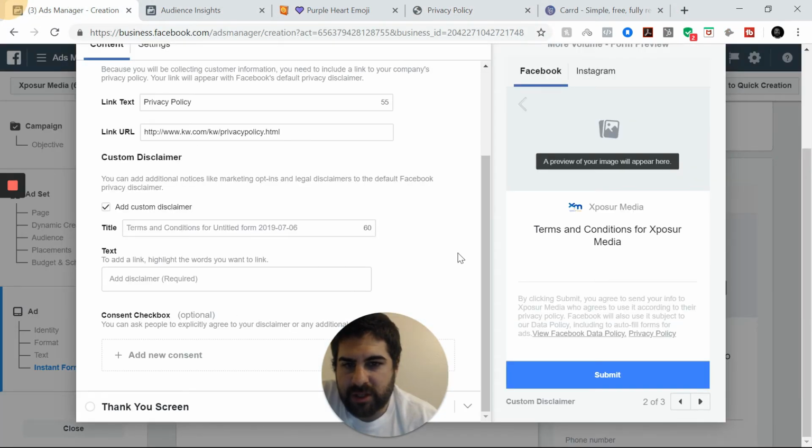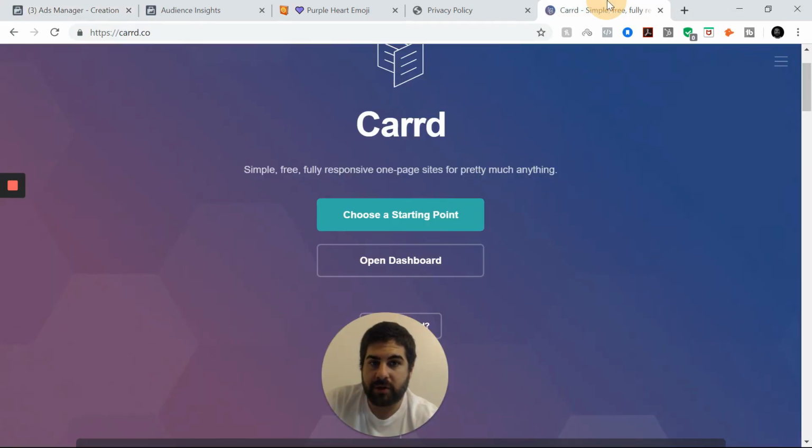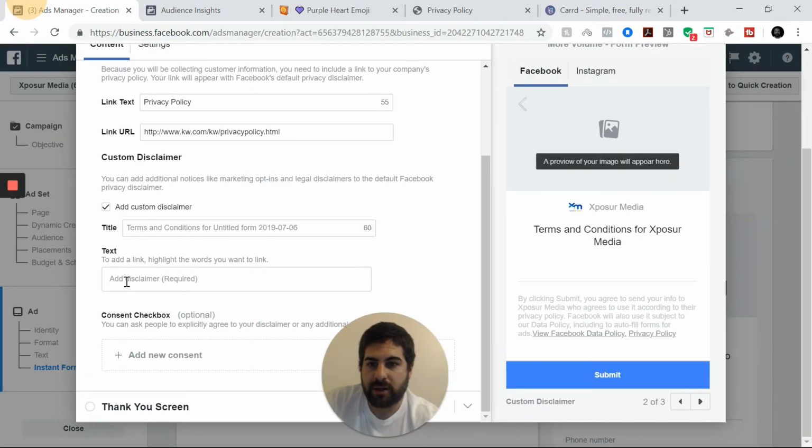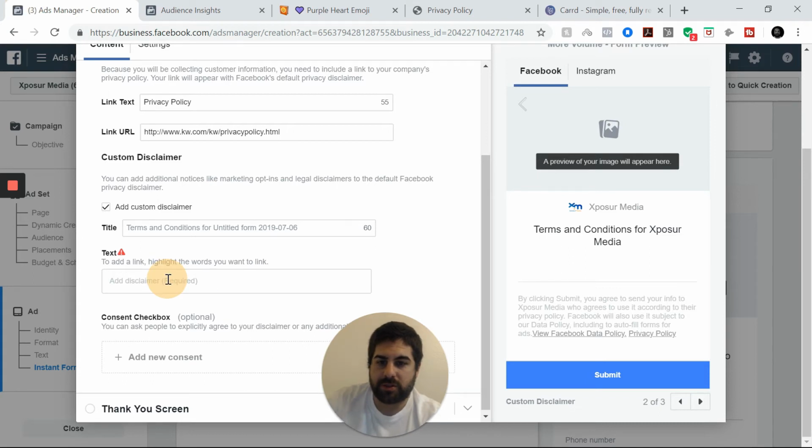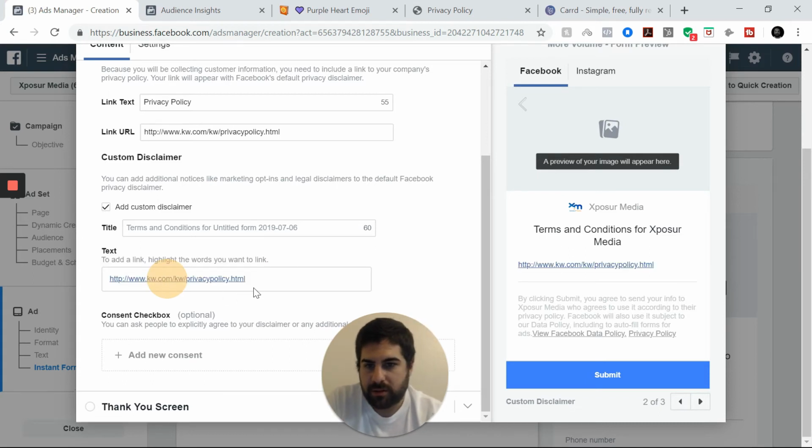A custom disclaimer is used in certain situations, 100% when you're running anything that has to do with credit. Say, for instance, you're offering a certain payment. Those payments are always dictated by the consumer's credit. You need that in here. You could go over to CARDD, get your domain, and then what you would do is you would type that